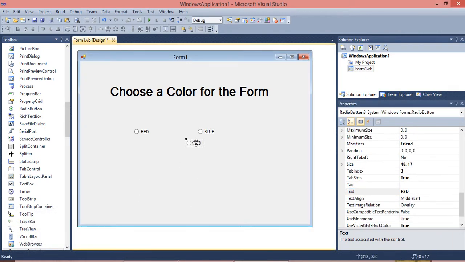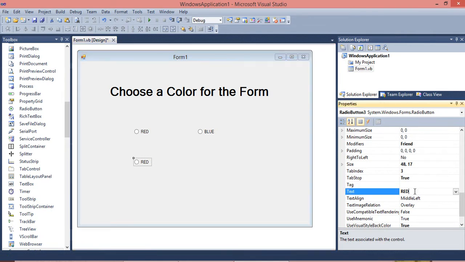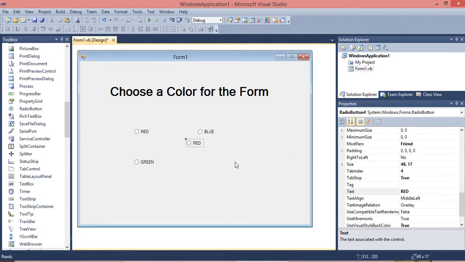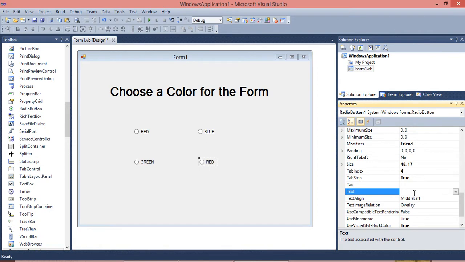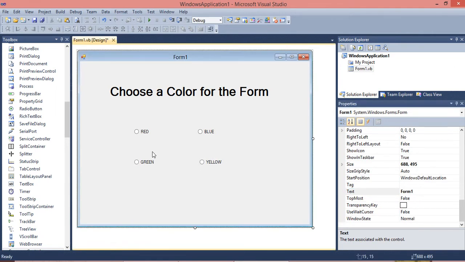Now just Control V. Already we copied, right? So it will be there. So again paste Control V. I'll move to the property window. I'll change this, give backspace and green. And again Control V I'll do. Just drag it here. Go to the property window. Click it here and change the text alone. To save your time, we are doing like this. Enter. So now 4 radio buttons are ready.